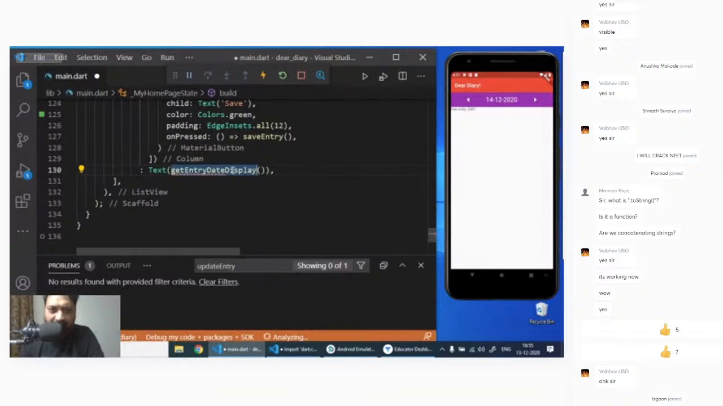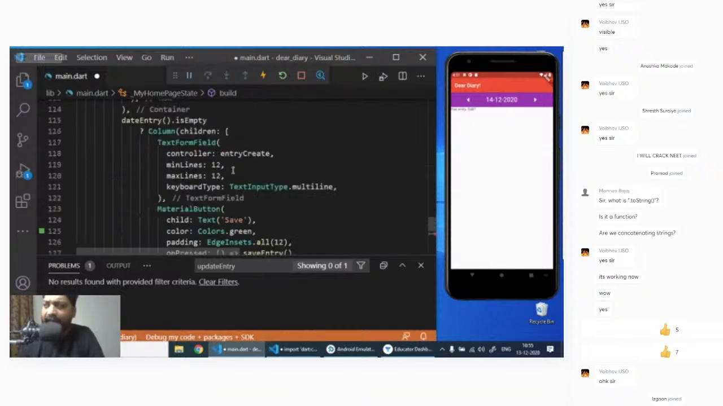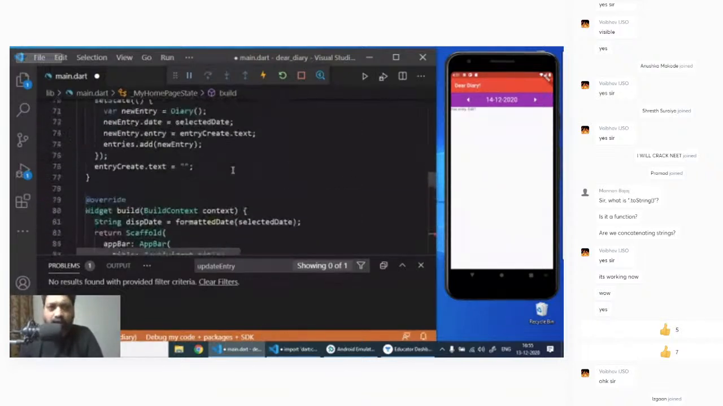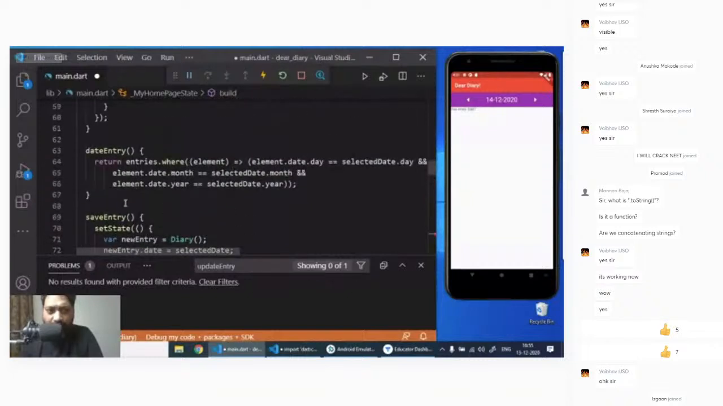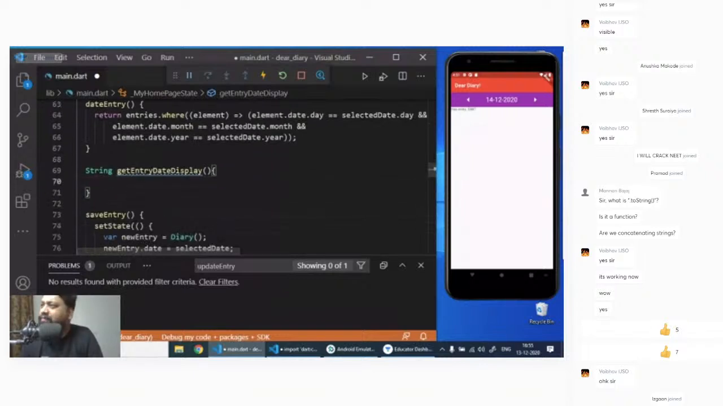And this function right here, get entry date display, is going to return to me a certain value. How do I get that? I say string get entry date display. And it's not going to take any variable. It knows what the current date is. All right. And it just does this super cool thing, because we have already gotten a function called date entry,